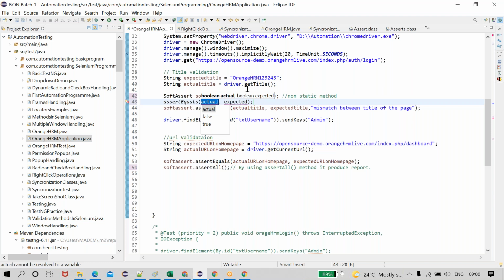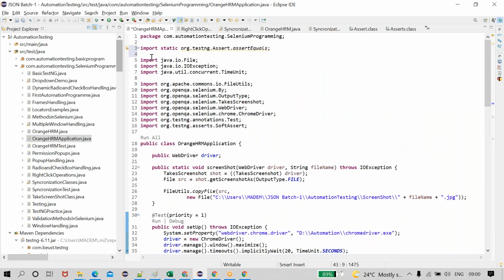See, we can call directly because it is a static method. A static method will be called directly, with no need for object creation. Static is applicable only for the hard assertion. Hard assertion will fail if any line of statement does not match. Okay, guys, that's all about soft assertion and hard assertion.